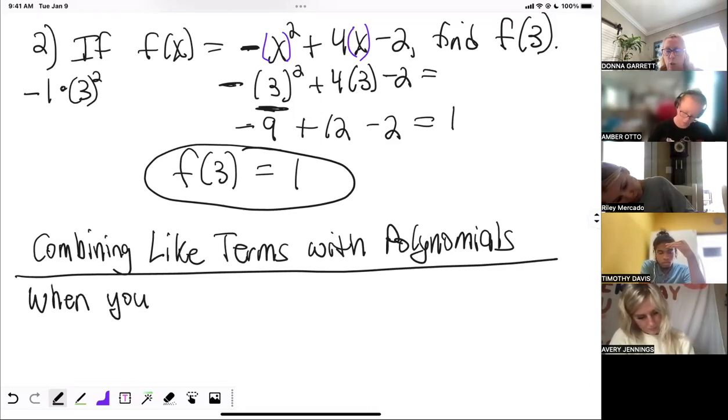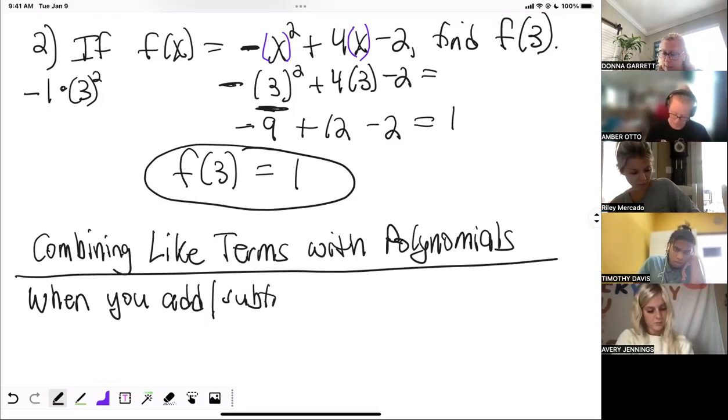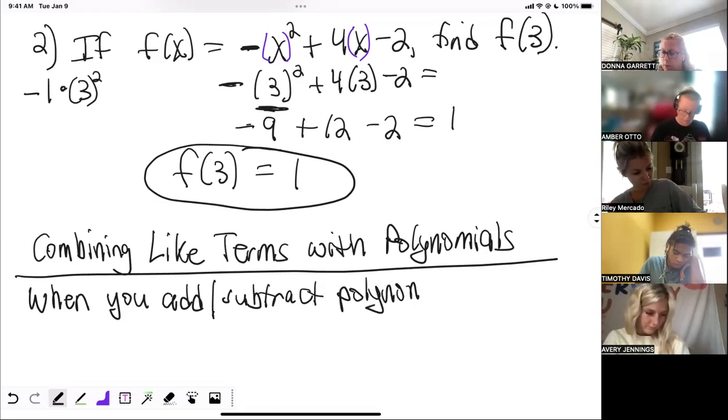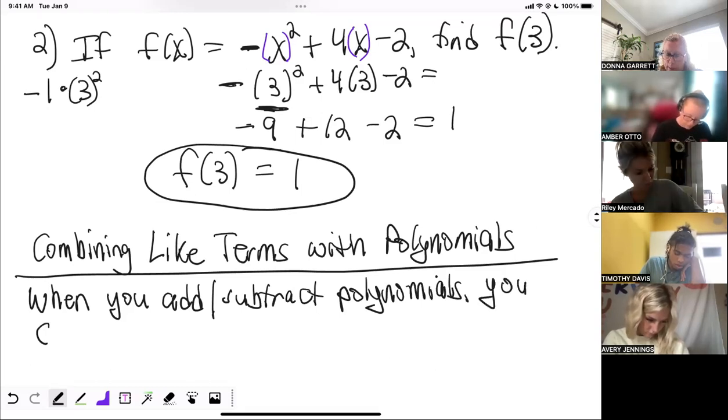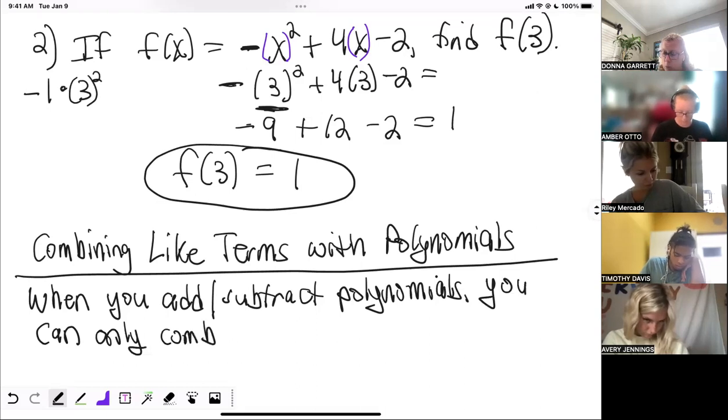Basically, when you add or subtract, multiply, we're going to do after this. When you add or subtract polynomials, you can only combine terms